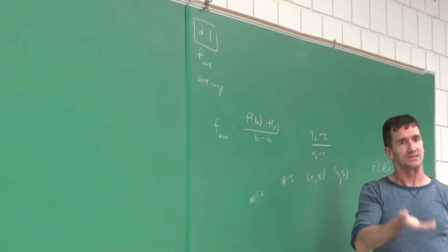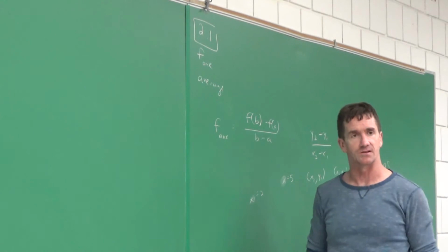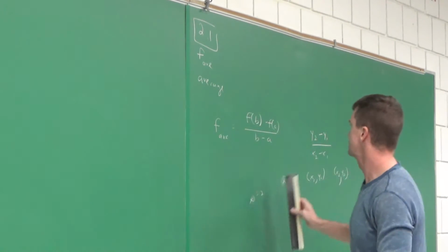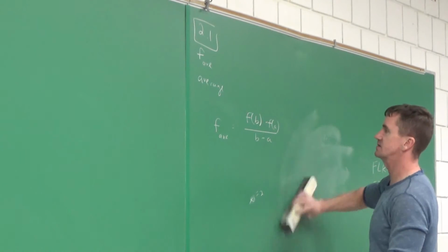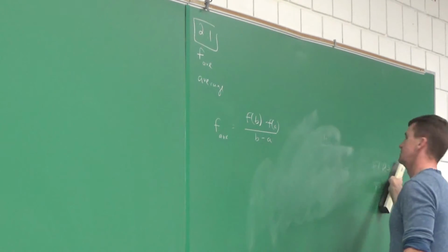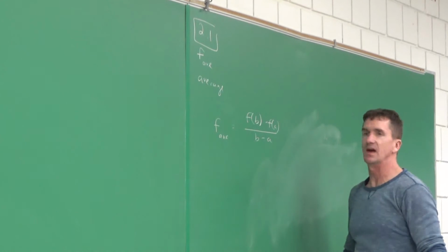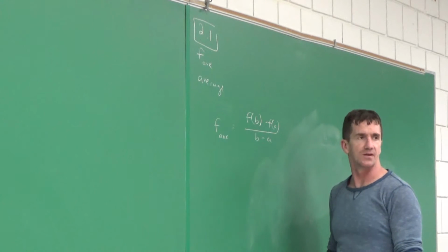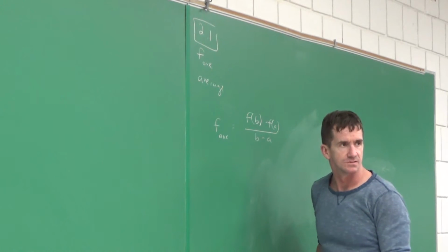And let's do one that has like an A and a B and a C and D. And we'll do it together. That sound good? All right. I'm gonna erase this. This is all we have to do, huh? F of B minus F of A over B minus A. That's how you find the average value of a function. Sound good?